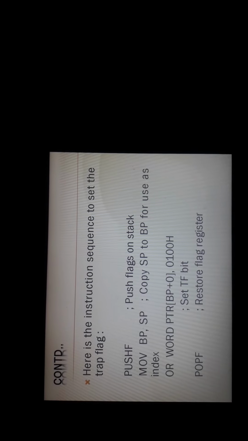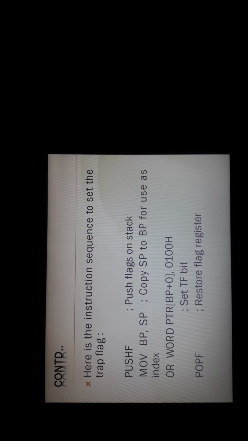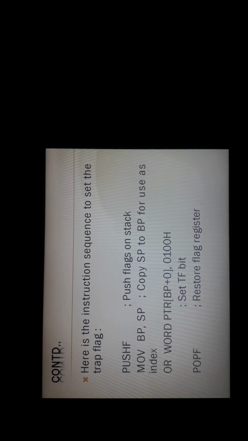Then the values in this address, that is, BP plus 0, are ORed with 0100H to set the trap flag. By doing the OR operation, no other flags are affected except the trap flag that you want to change.